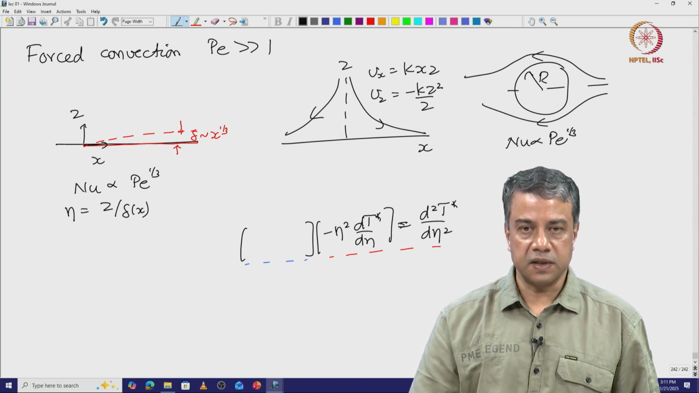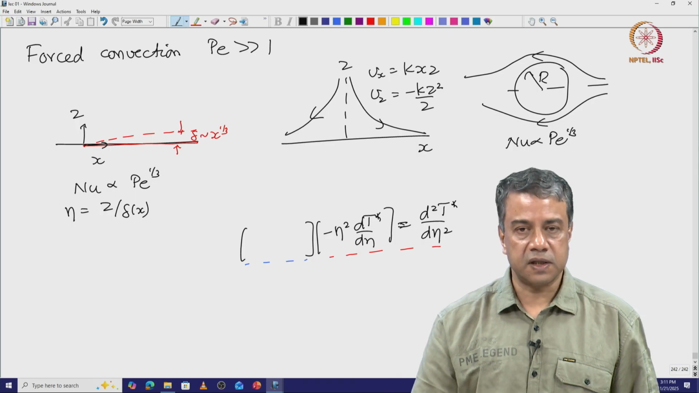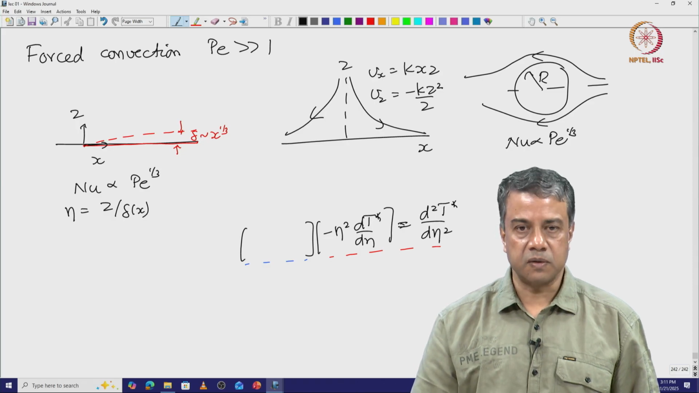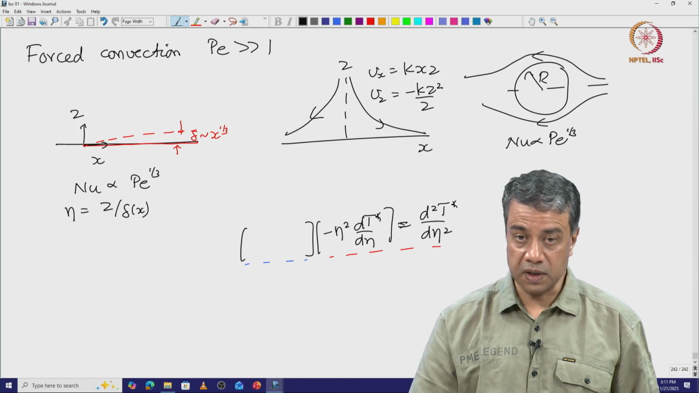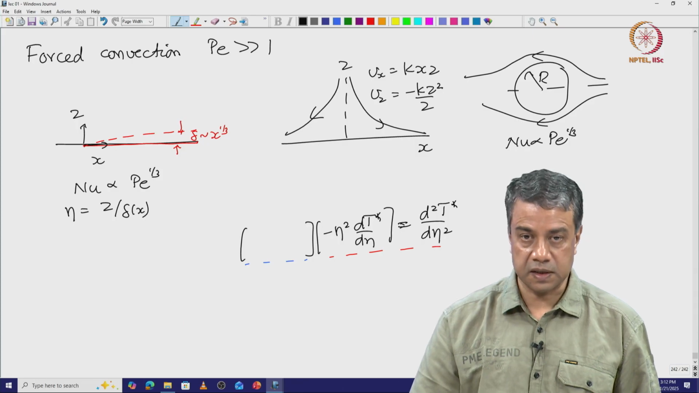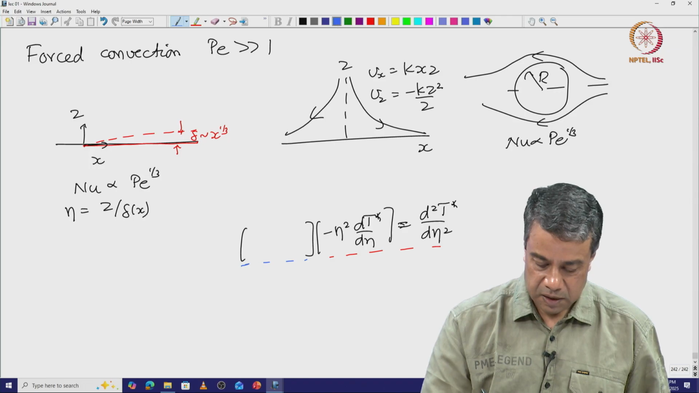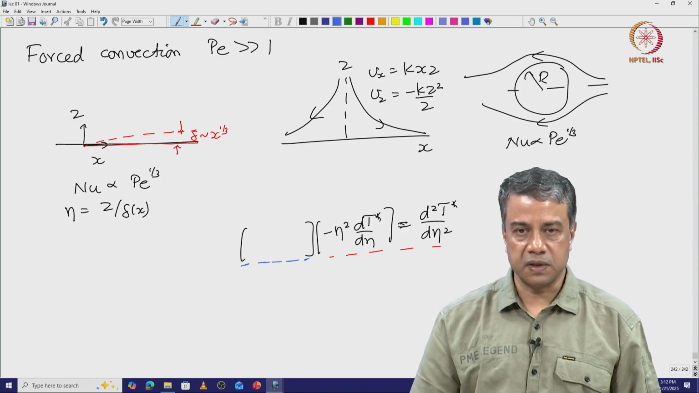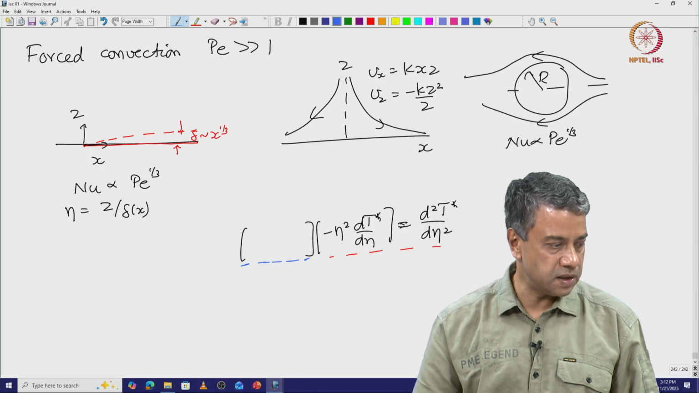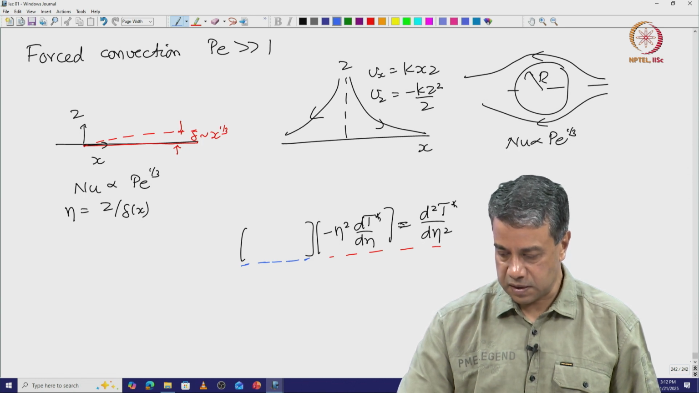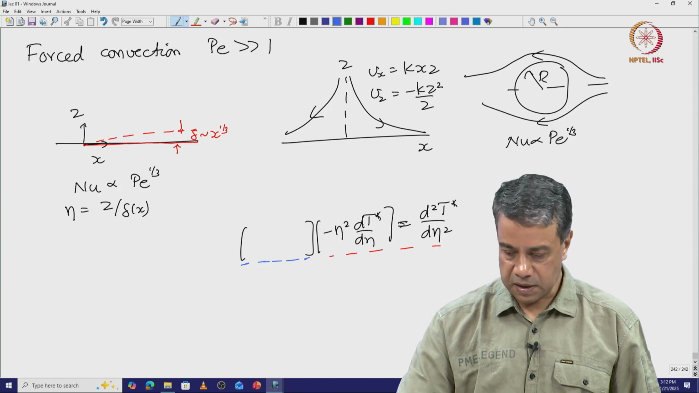So, why is it that in all these cases the expression for the temperature field in terms of the similarity variable turns out to be exactly the same, and the boundary conditions for the temperature field are also exactly the same? What only changes is the expression for the variation of the boundary layer thickness with the streamwise coordinate. So, why is it that we get the exact same expression? That we can understand by looking at the